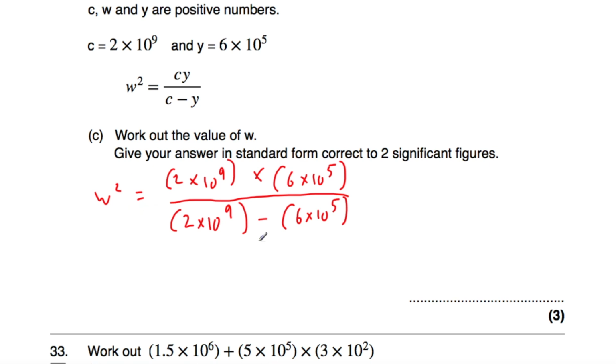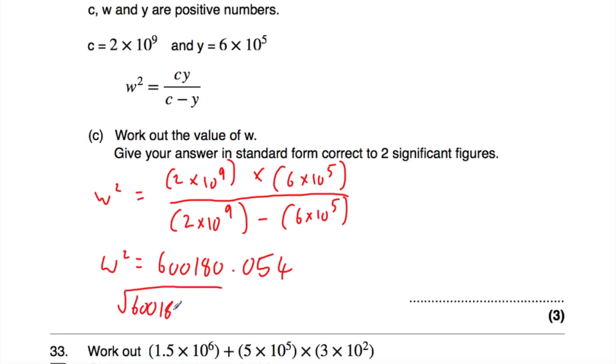So let's do that. When we type that into our calculator and press equals, we get an answer that W squared is equal to 600,180.054. So we want to figure out what number, whenever you square it, gives us this answer. Now it has to be a positive number because in the question it says they're positive numbers. So what we're going to do is just square root this. If we do the square root of 600,180.054, that'll tell us what W is. And that's equal to